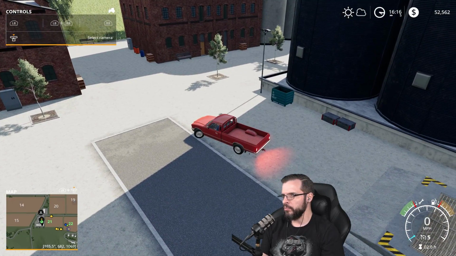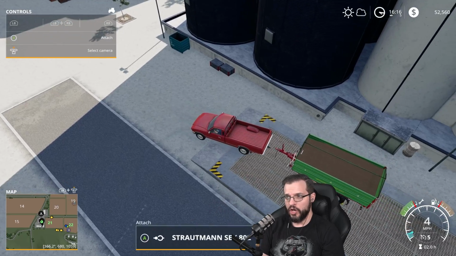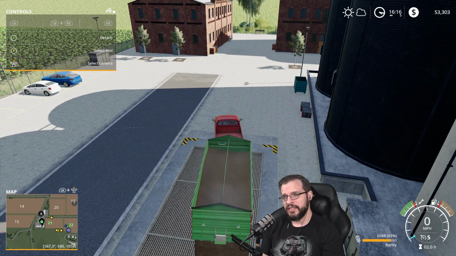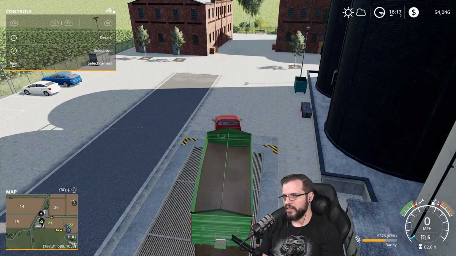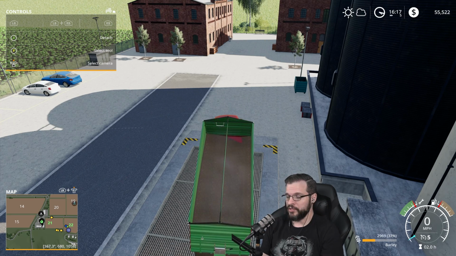Things are going pretty good. We're above $52,000 right now. Now we do still have a $150,000 loan, but everything else we have, we own. We don't have any leases at all. We own everything, and only $150,000 in debt. It's not bad if you ask me, so...